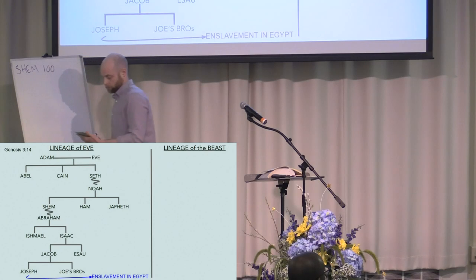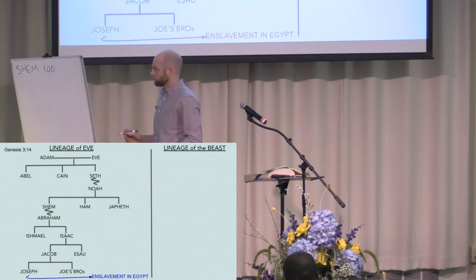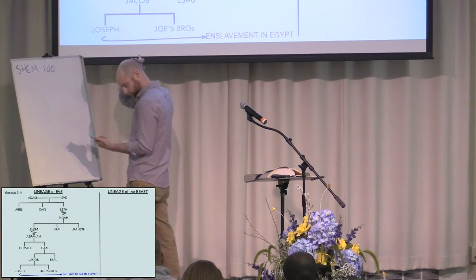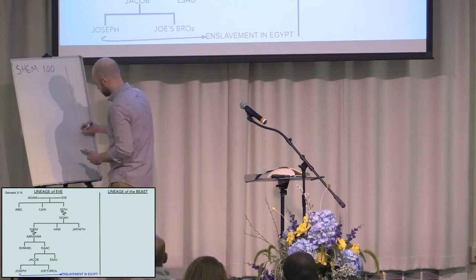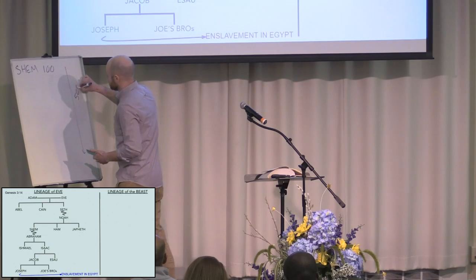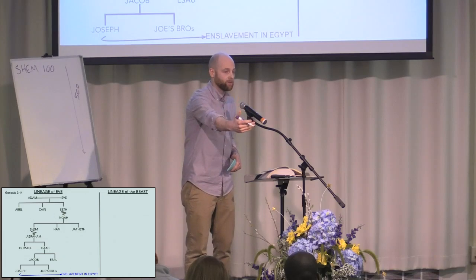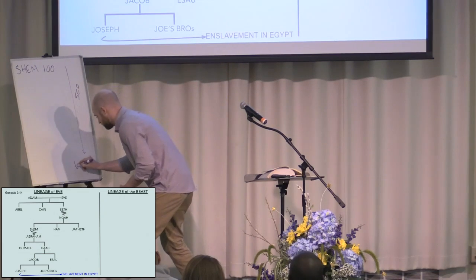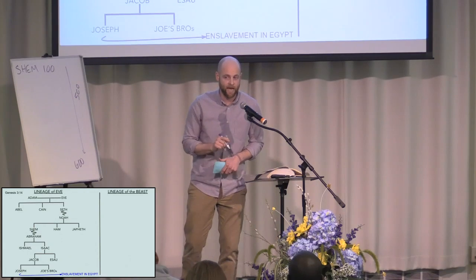Here we go. So this is the account of Shem's family line. We're in verse 10 of chapter 11. 2 years after the flood, when Shem was 100 years old, he became the father of Arphaxad, and after he became the father of Arphaxad, Shem lived 500 years and had other sons and daughters. So stop right there. If Shem was 100 when he had his first kid, and he dies 500 years later, how old is Shem when he dies? So just keep that number in mind. 600. He's 600 years old when he dies.